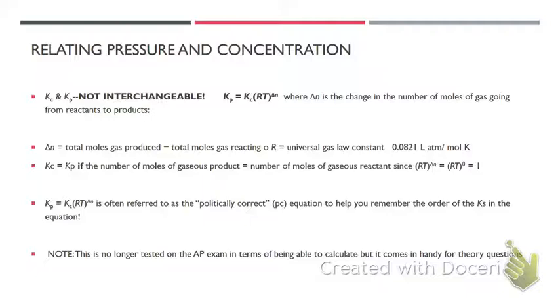Okay. Back to this. Kc and Kp are not interchangeable. However, there is one exact point when they would be equal to each other. And we can relate this with the equation Kp equals Kc (RT) raised to the delta n. R, of course, is your gas law constant, 0.0821. Temperature needs to be in Kelvin since we're using the gas law constant. And then delta n is your